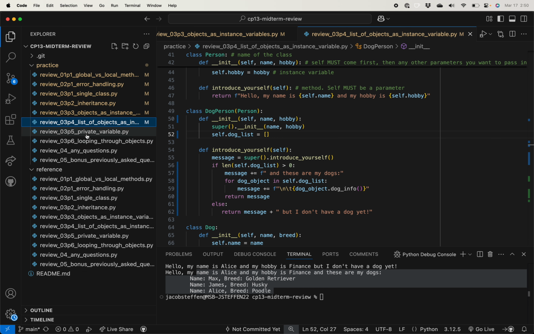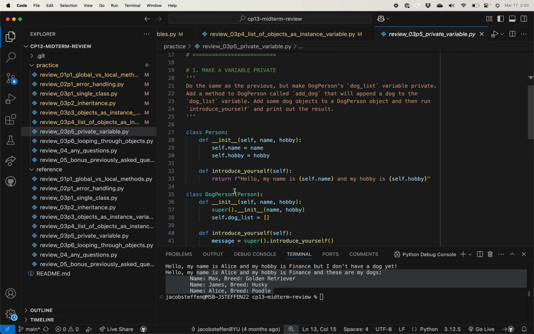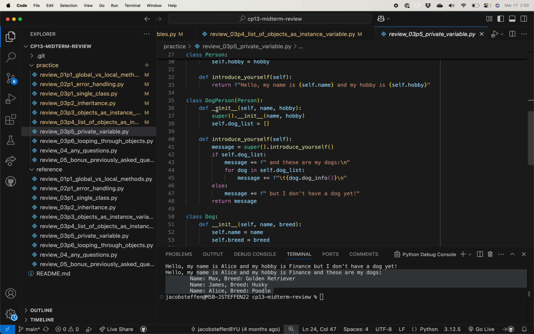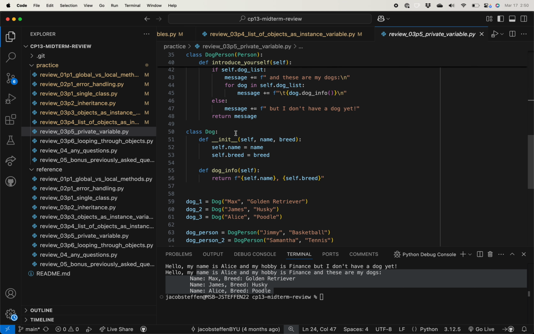We're almost at the end, actually. We just have a couple more. So one thing it might ask you to do on the exam is to make one of your variables in your class private. So the key thing to remember is that if you want to make a variable private, you no longer have access to that variable outside of the class, as well as you don't have access to it in any subclasses that inherit from that class. To make a variable private,